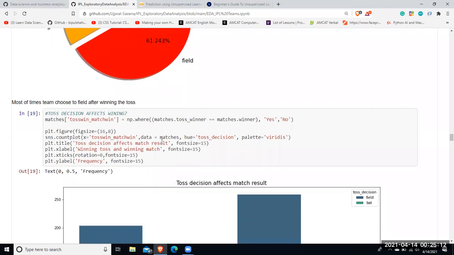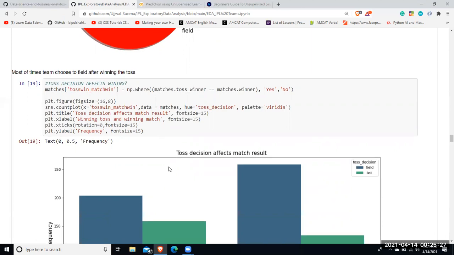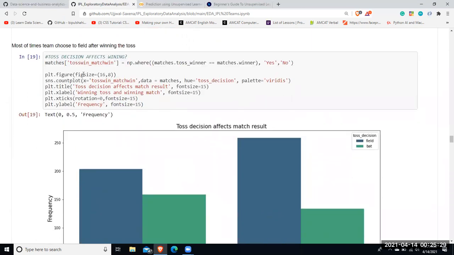So one of the things that most of the people think is that if a particular team wins the toss, are they going to win or not? So I've plotted a graph based on it to categorize this and represent it in a graphical format. All right. So this time I've used the toss win match win column and plotted it.